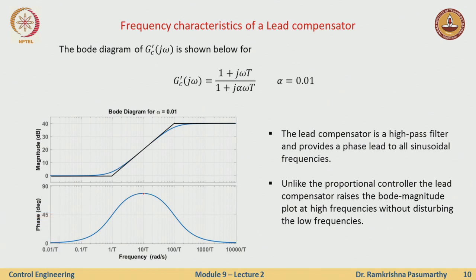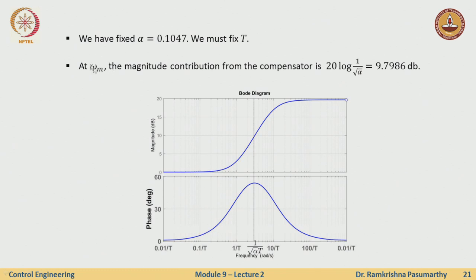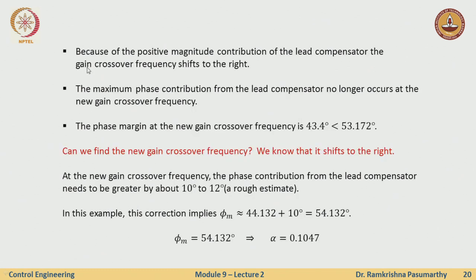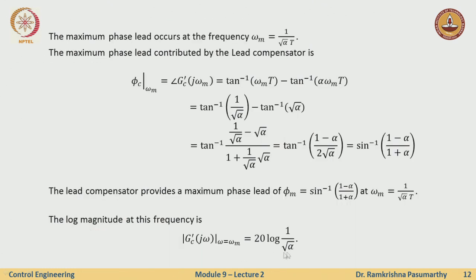Okay. At this omega m, there is a certain shift in magnitude here, right. So, this is the extra magnitude contribution to my closed loop Bode plot, and therefore, it shifts a little to the right, and therefore, I select omega m. At omega m, I do not know this omega m, but I know what is the contribution of the magnitude. So, based on what we had derived earlier, I do not really need to know omega m, but I know that at a particular omega m where the maximum phase lead occurs, the contribution of the magnitude plot